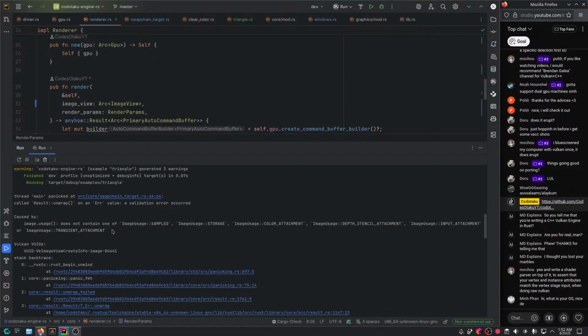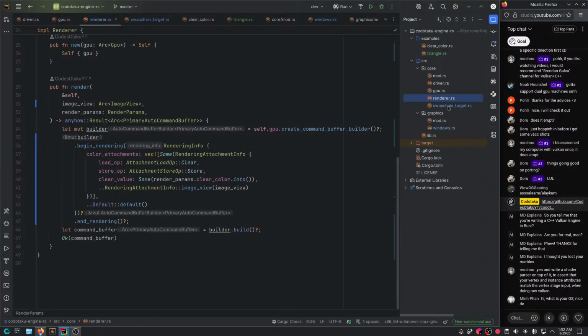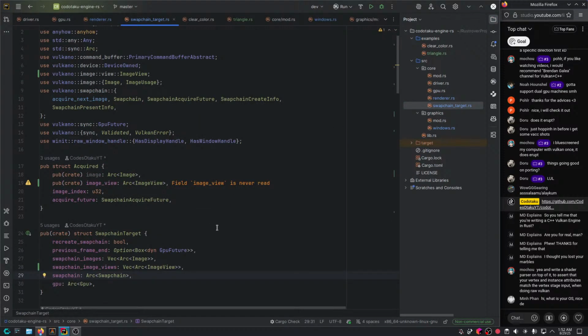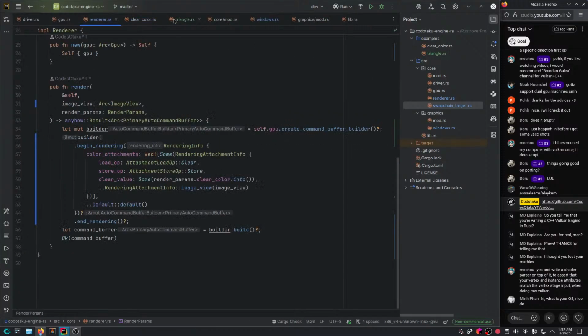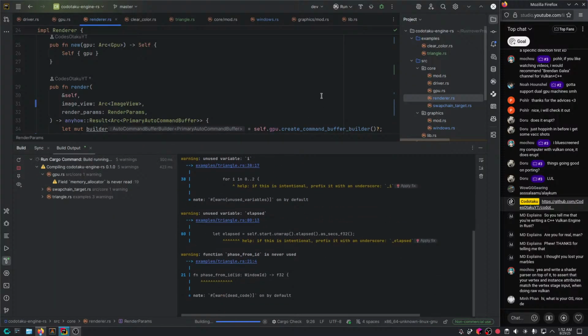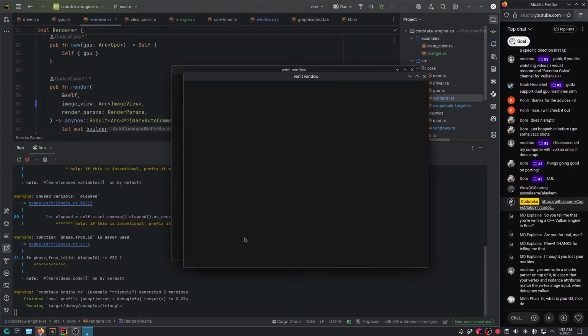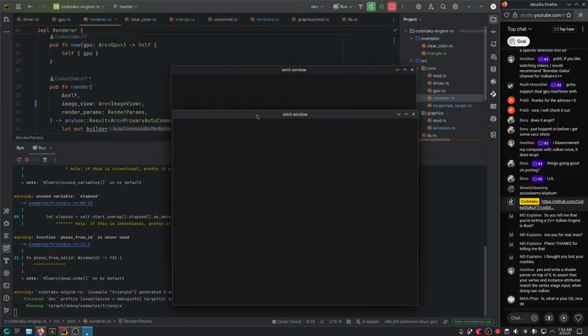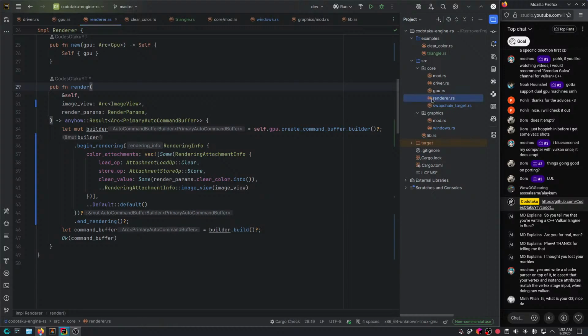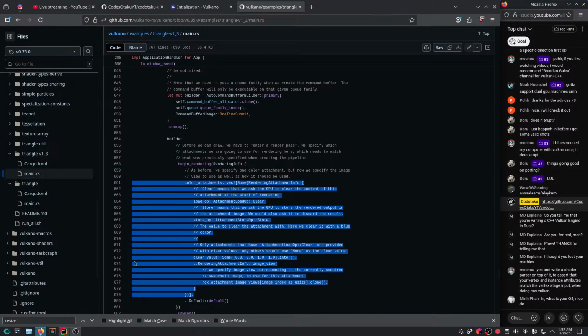So image usage does not contain one of, oh yeah, I forgot about this. So when we created the swap chain images, or the swap chain, in the swap chain target here, since we were using transfer commands, now we're actually using render commands. Let's go with color attachment, and that's pretty much done with that. Now let's see what else it's gonna tell us. So these are the actual Vulkan validation, and there we go. Right now we're actually clearing the screen with a graphics command, not a transfer command like we were doing in clear color. And that's basically it. Now next up, we need to basically draw something, and to draw something, of course, we're